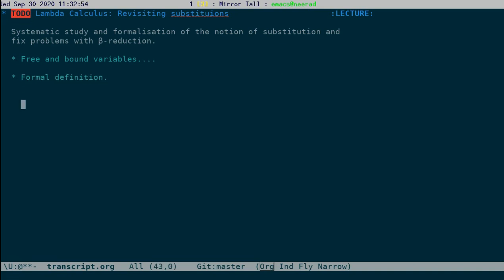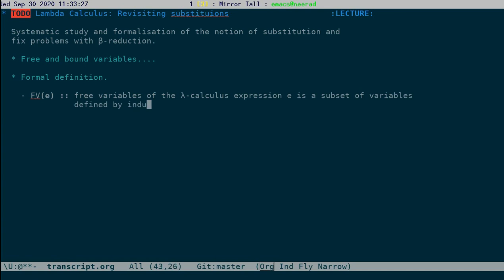Okay, so let's define free variables, okay, this is a set of variables defined by induction.